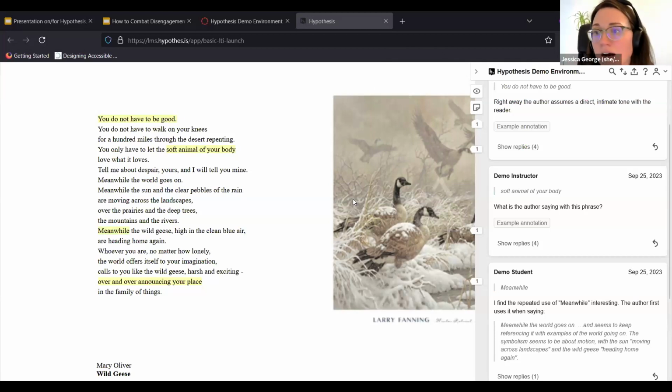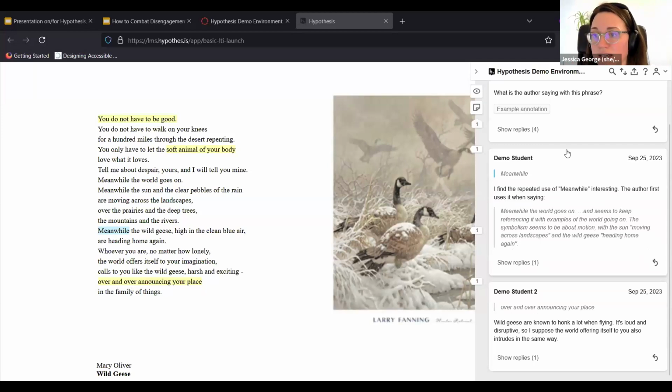And you'll see that part of the magic of social annotation is that it reorients students' attention, as Professor Gopal might say, back to the text. And students are sharing their ideas directly on top of the text, and those ideas are anchored to specific points in the text. So here, wherever you see a highlight, this phrase or word, whatever it might be, is directly anchored to a specific annotation on the right side of the screen.